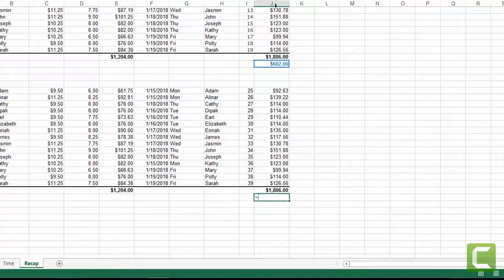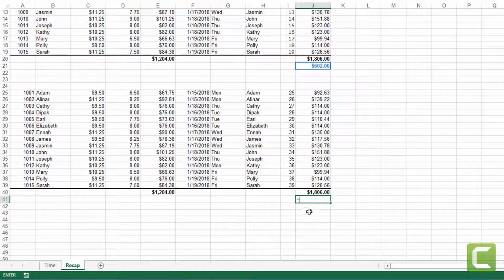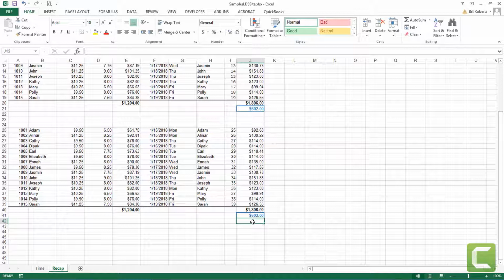All right, our formula is going to be equals J40, which is right here. We're going to subtract from J40 minus, and we can either enter it or we can come over here and click it. And there's our finished sheet. We're done. Except